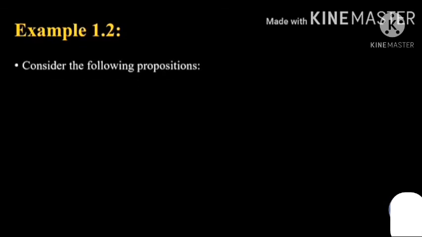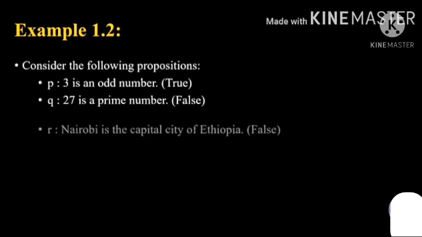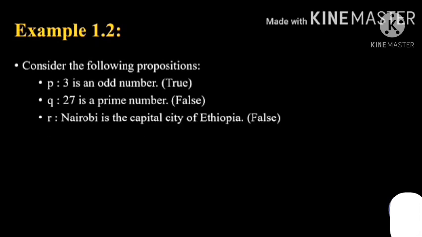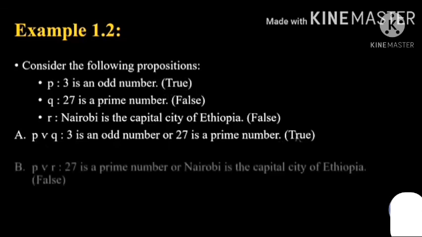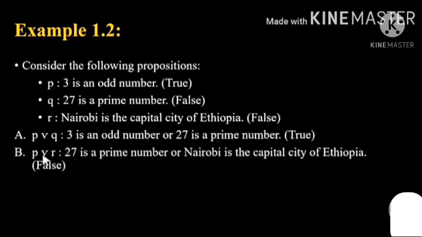So now let's see an example. Consider the following propositions: p እንደቀደሙ ነው፣ q ም እንደቀደሙ ነው and R Nairobi is the capital city of Ethiopia which is false. Now so we have propositions true false አለ now combinationአቸውን በdisjunction እናያለን። ከሁለት አንዱ true ከሆነ true ነው፣ ሁለቱም false ከሆነ ብቻ ነው false የሚሆነው። p or q ማለት true or false so true ይሆናል። ከሁለት አንዱ true ነው ማለት ነው አዎ ትክክል ነው። p እና r so p is true and this is false